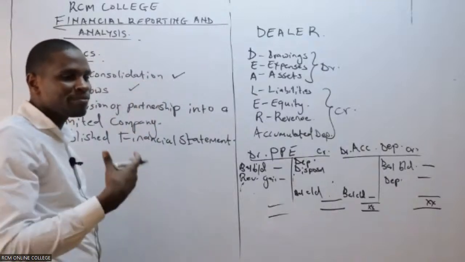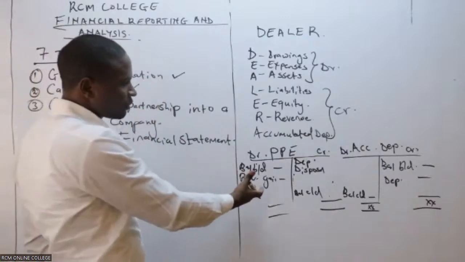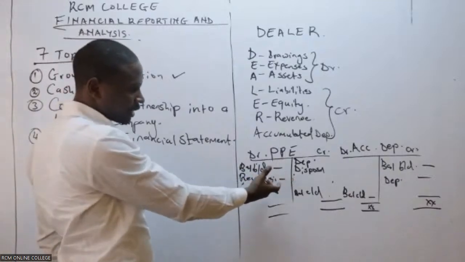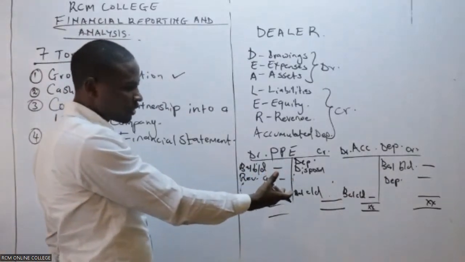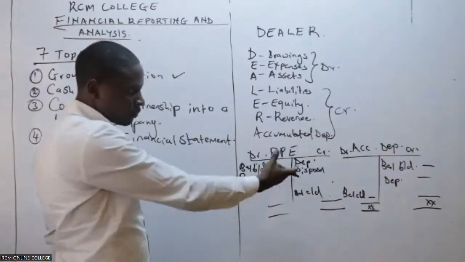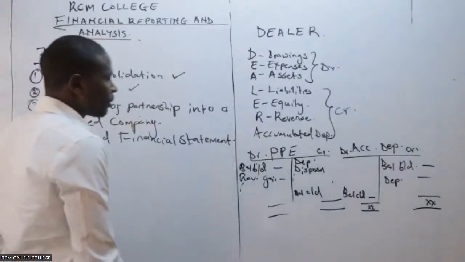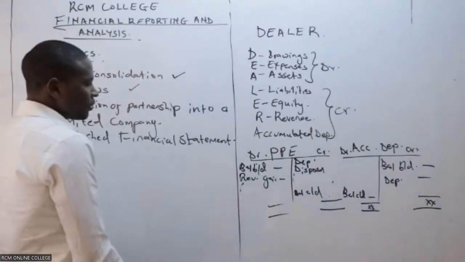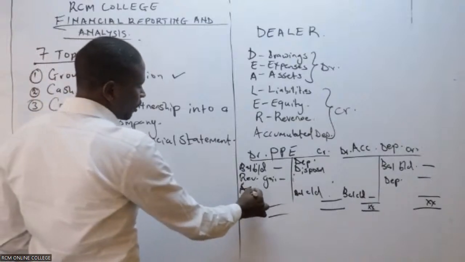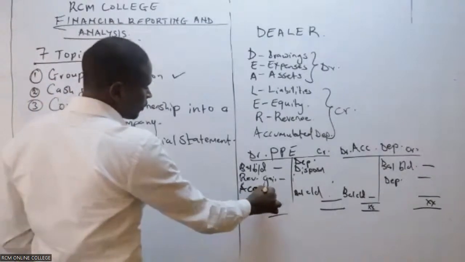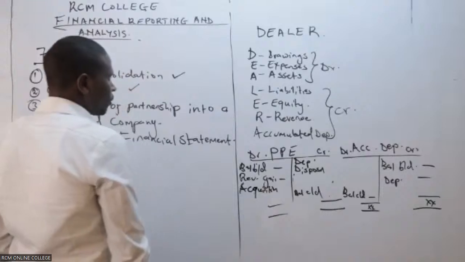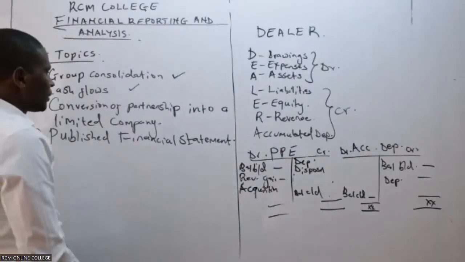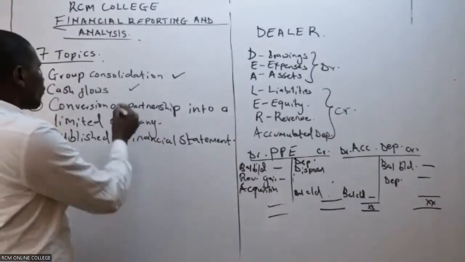Cash flow we have done a lot. In cash flow, you will find things like these, by the way. Very important. In cash flow you will find these accounts. You need to open such an account so that you're able to know whether there was a gain or there was acquisition. There was acquisition or disposal. The examiner will give us information. Now, under conversion,